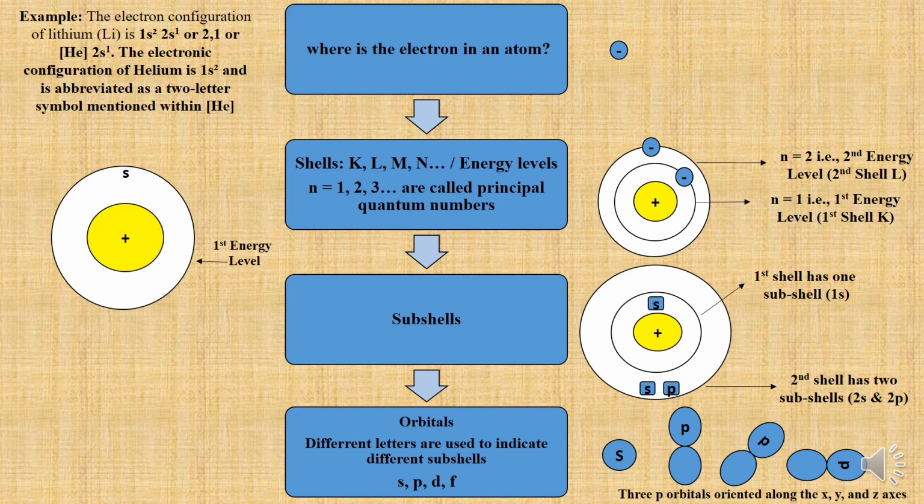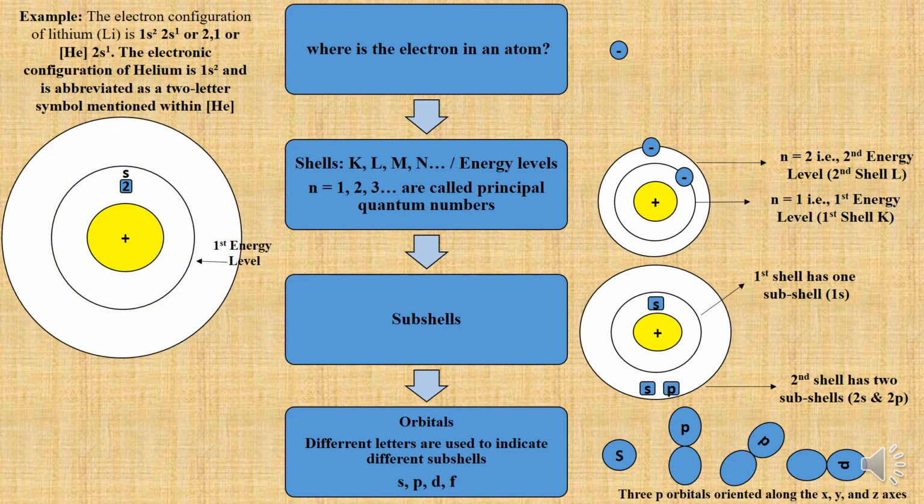In the lithium atom, you find two electrons in the first energy level and only one electron in the second energy level. Now, how do you mention this electron present in the second energy level? This can be mentioned using the notation 2s1,